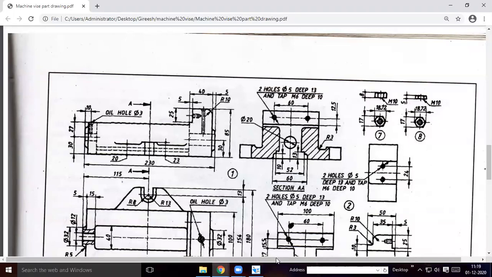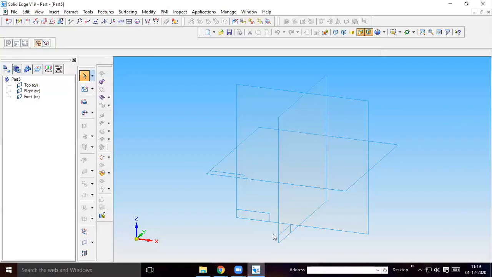Okay, create a hexagon with normal protrusion.